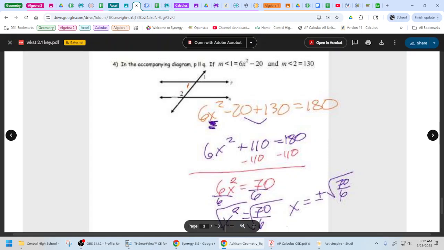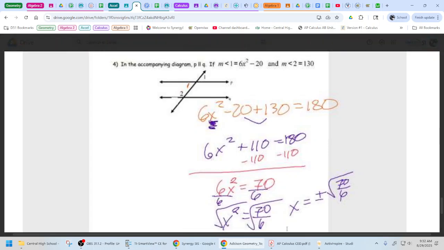Okay, so be careful. This isn't me trying to trick you. You get figures that are drawn with angles in weird spots, and our brain wants to make them have a relationship, but we can't just force it. So this is a set equal to 180 type deal, and then